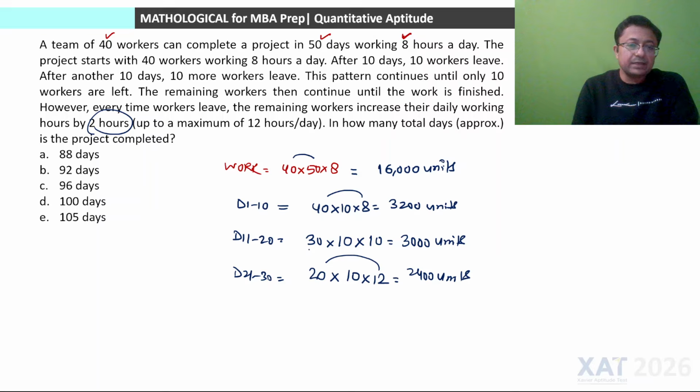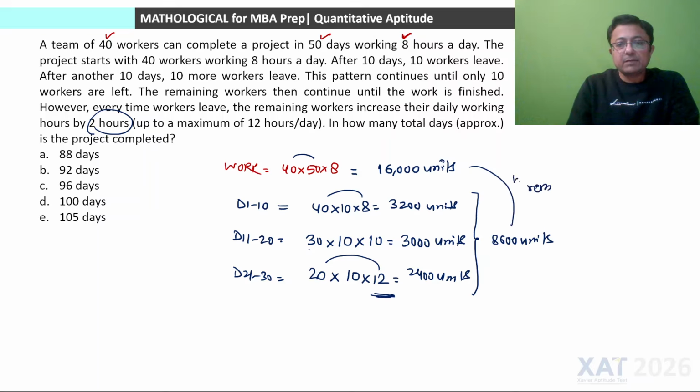After day 30, फिर हमारे नंबर ऑफ वर्कर्स कितने हो जाएंगे, 20 minus 10, 10 हो जाएंगे. So after day 30, number of workers will be constant, 10 only. Okay, वर्क रिमेनिंग देख लेते हैं, क्योंकि now the number of hours will also be constant, 12 only. So कितना वर्क डन हो गया, 3200 plus 3000 plus 2400, that is 8600 units work has been already done. So remaining work is equal to 16,000 minus 8,600, that is equal to